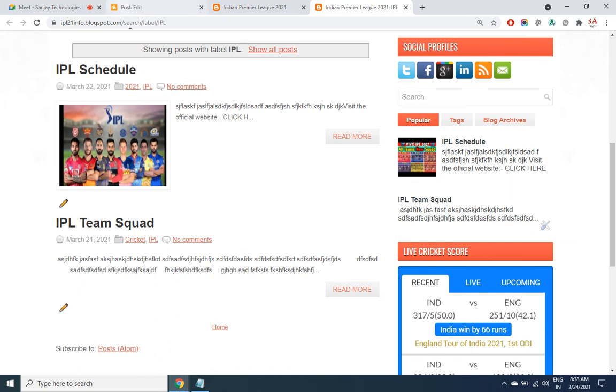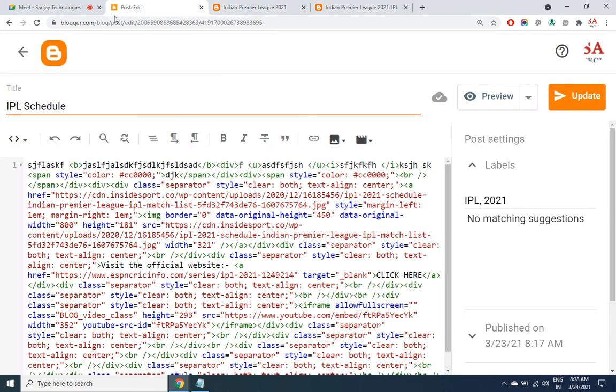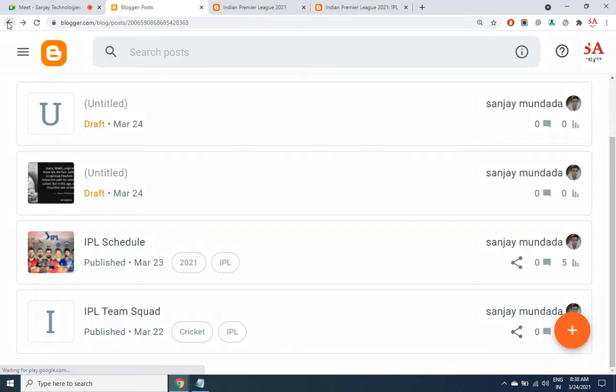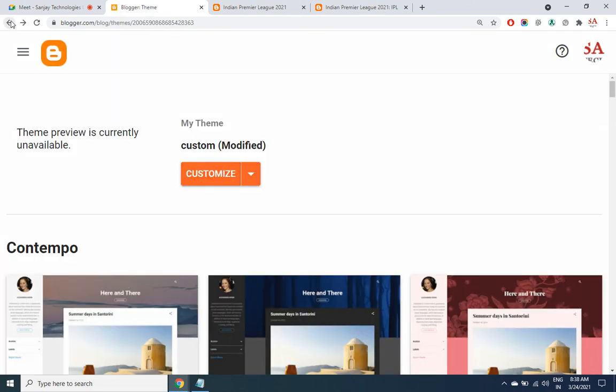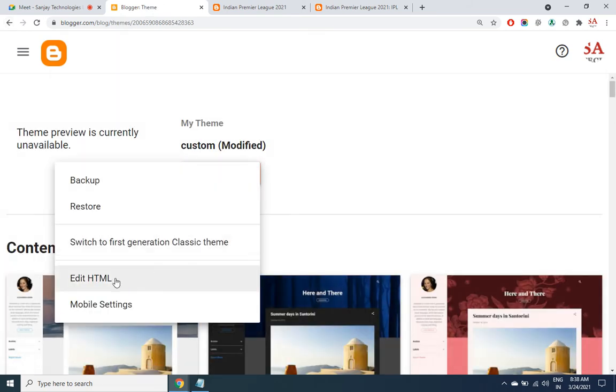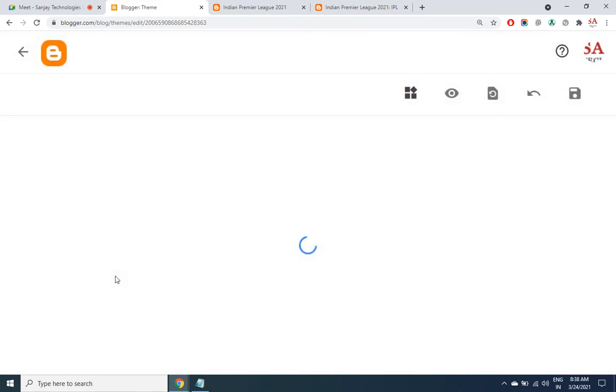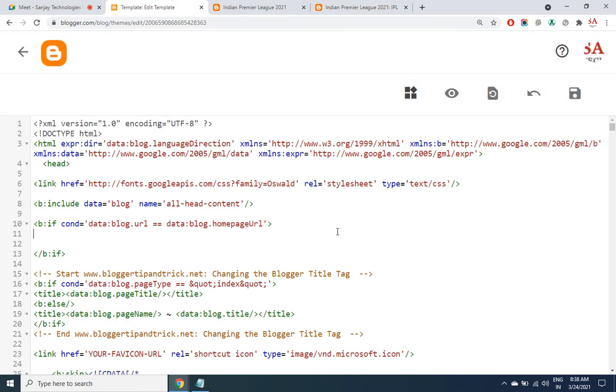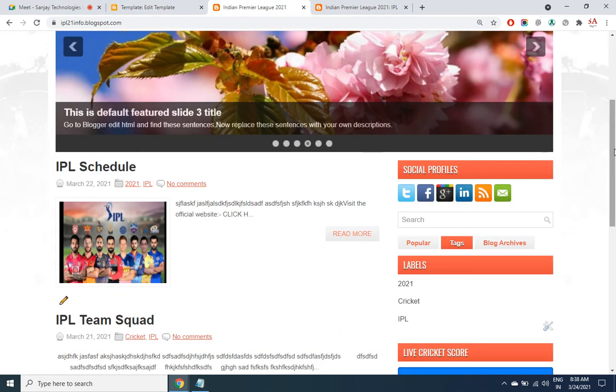Now this URL I can even assign in the menu for better classification of the content. So let me copy this URL, go back to the HTML code of the theme. For which menu item shall we change?